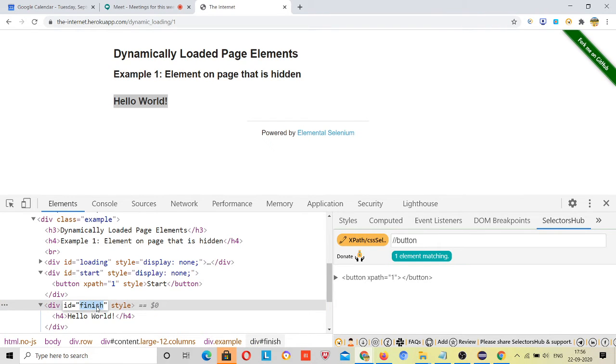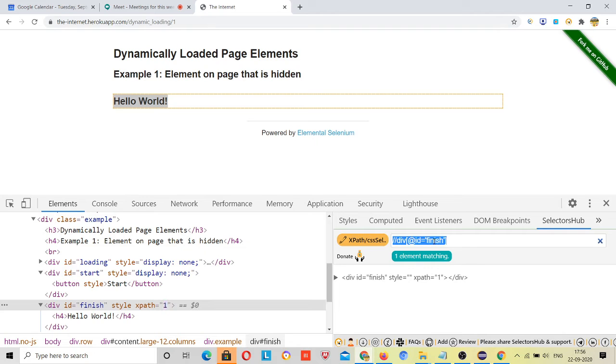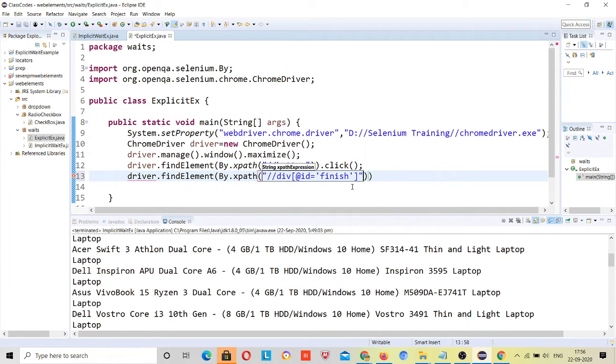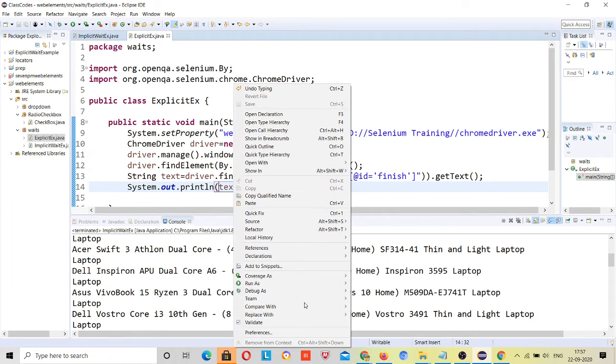ID is equal to finish, right? Let me run it and show you.